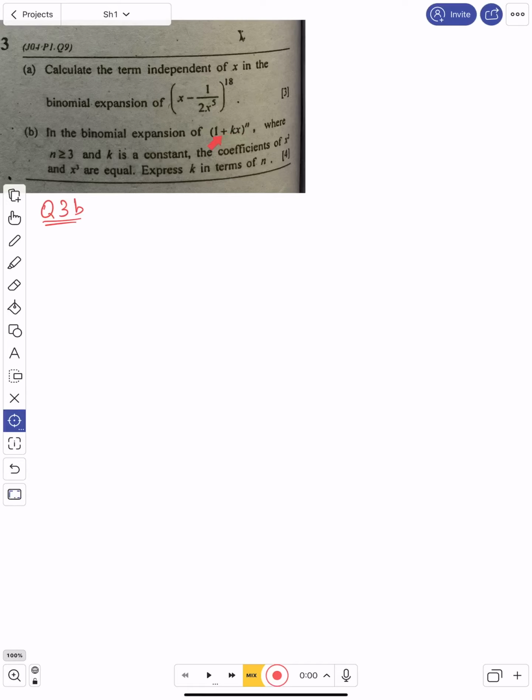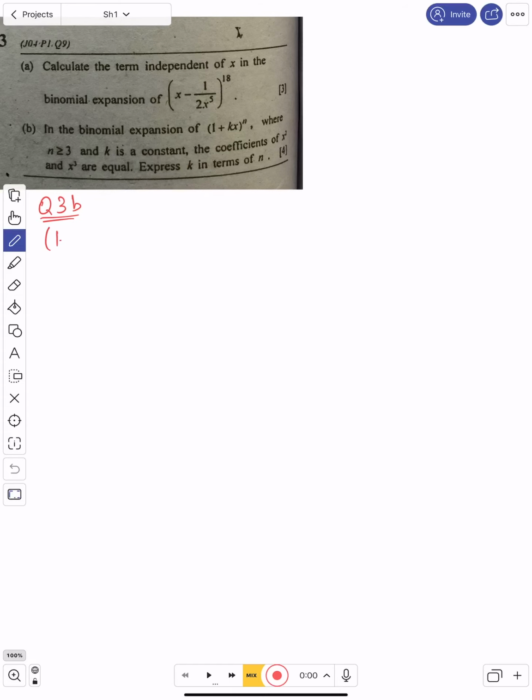So let's do it before we go for the rest of the question, because it will not help us, it will just mix up the question. So let's do (1 + kx)^n. The expansion tells us that